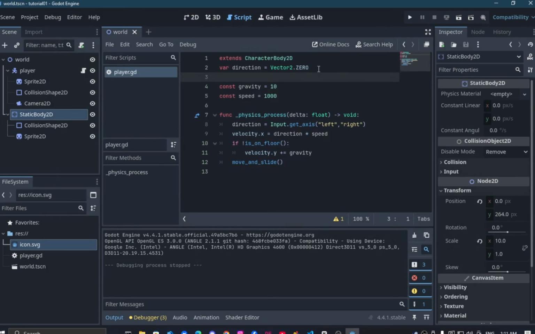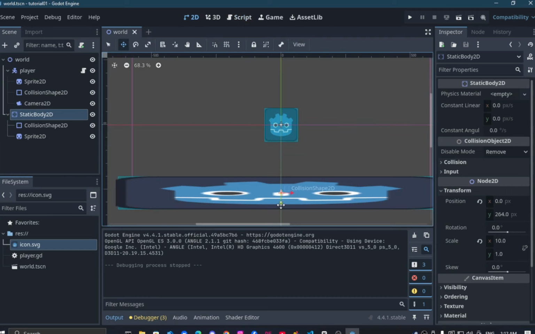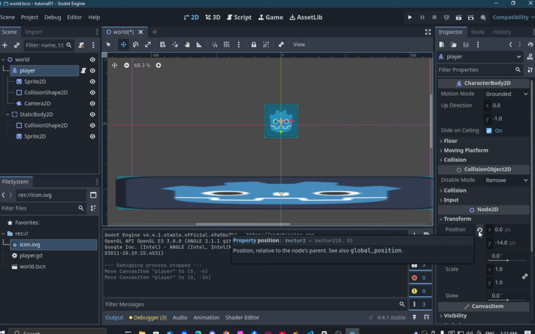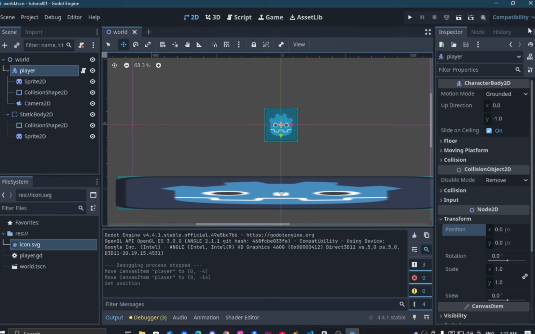So var jump equals minus, for an example, minus 100. Because as I explained in the last tutorial, in the y-axis, if the player jumps, it goes negative. If the player adds the gravity force, it's positive. So positive is down, negative is up. Let's put him back. Now when we run the game,